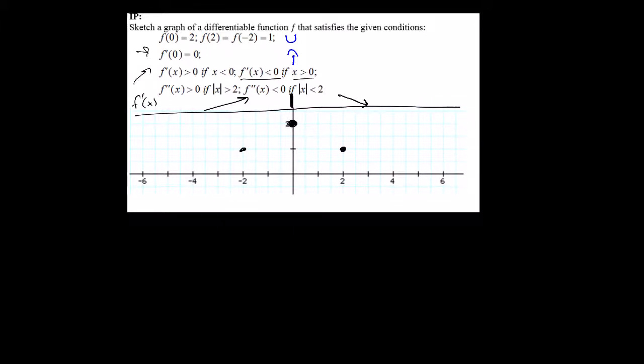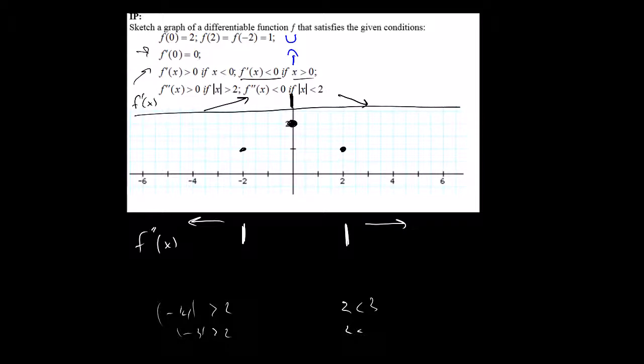Now let's look at our f double prime of x. If the absolute value of x is greater than 2, so give me any number whose absolute value is greater than 2. So think about this a little bit. If you give me negative 4, that absolute value is greater than 2. Negative 3, that absolute value is greater than 2. 3, that absolute value is greater than 2. So that means from this point and this point in this direction,